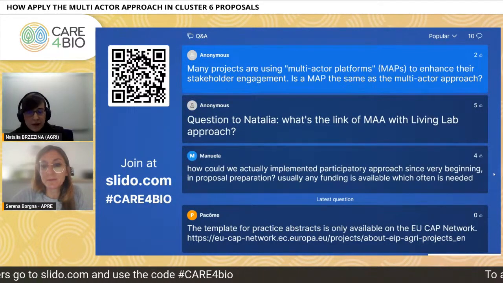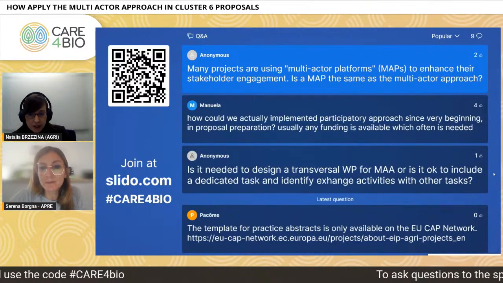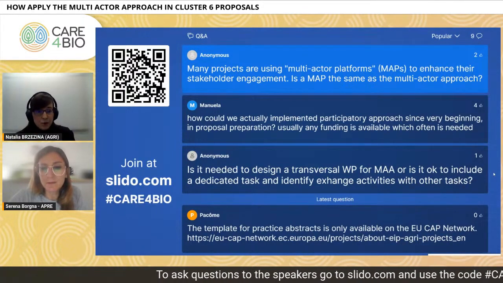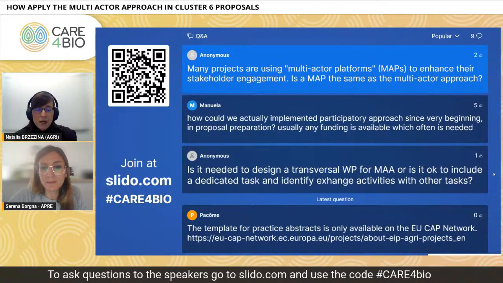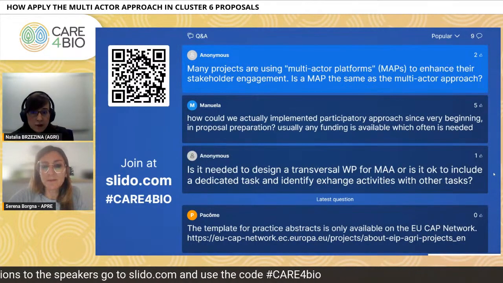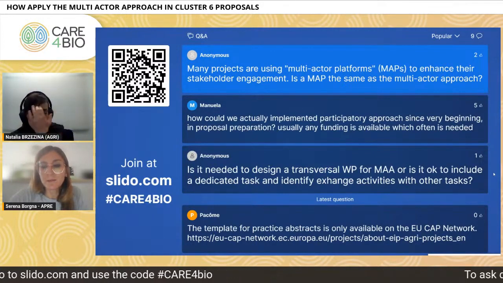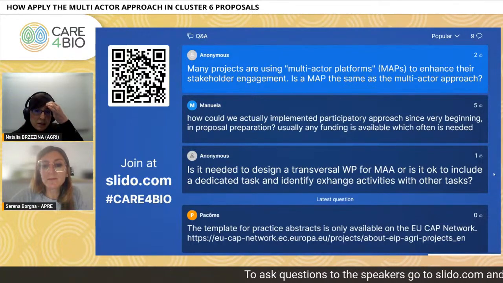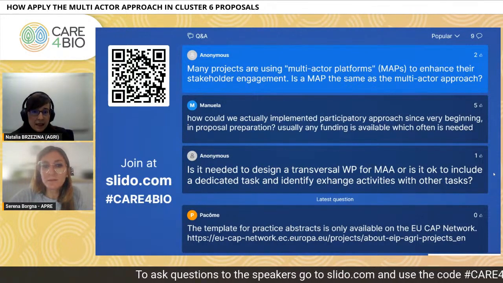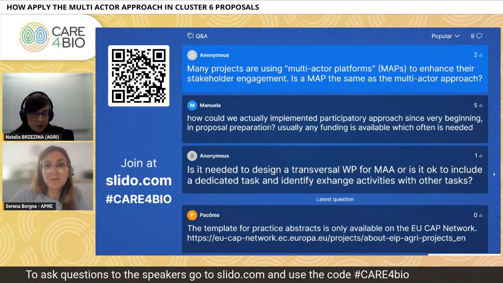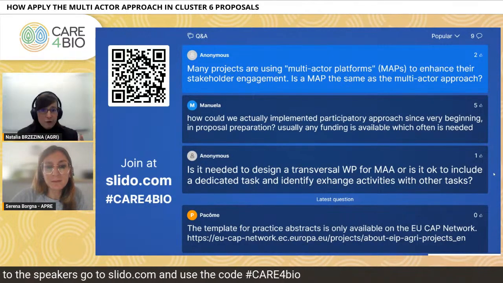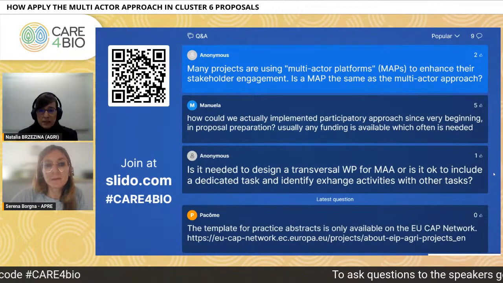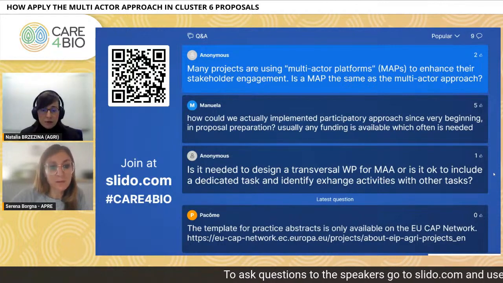The multi-actor approach has, I would say, one definition that you have in the introduction to the work program. Now, the multi-actor platforms are a method or a way in which different projects try to involve the different actors. But stakeholder engagement as such is not, for me, a full multi-actor approach. Basically, if you just, for example, design a stakeholder board that you consult throughout the project, it's not the same as really working together with the practitioners on an equal basis throughout the whole course of the